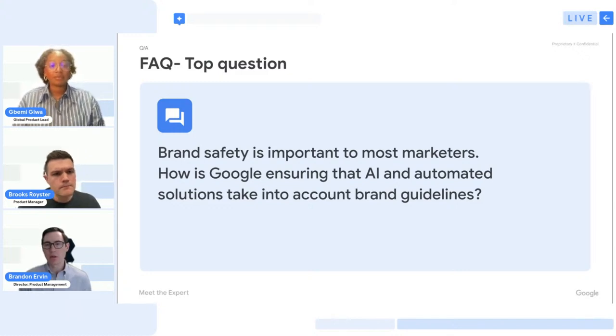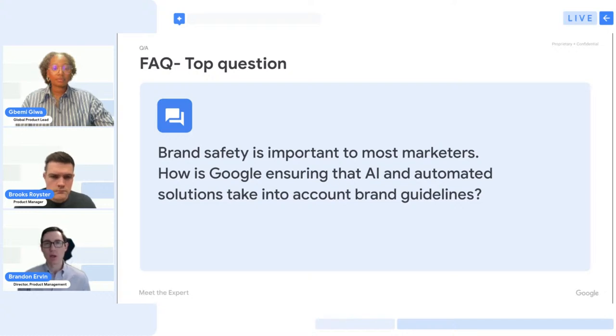But getting to the heart of the question, I'd say first, from an AI and improvement perspective, we're constantly working to improve broad match. This includes making improvements to the models and techniques that we use so that we can find new performant traffic, but not stray too far off topic into an area that may not be suitable for your business. At the same time, we're trying to marry this improved automation with new controls. So I'll talk about a couple things.